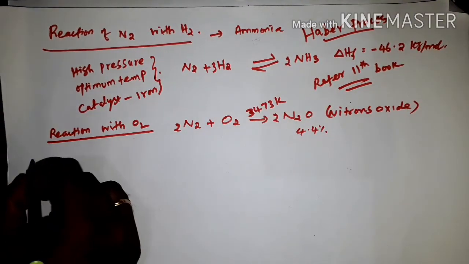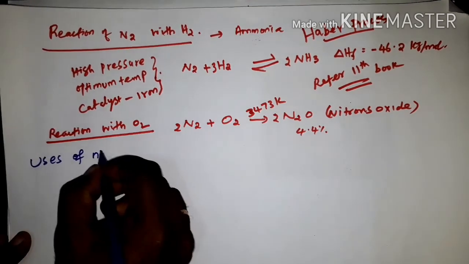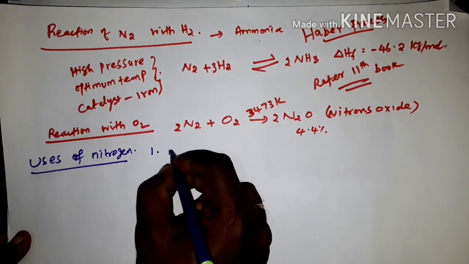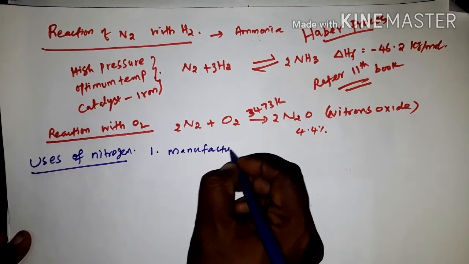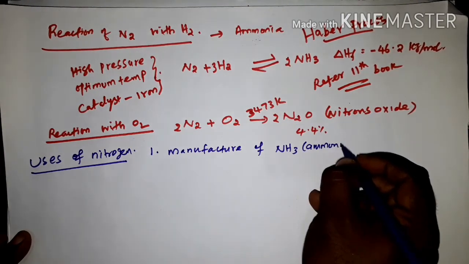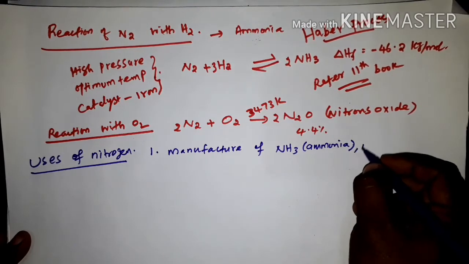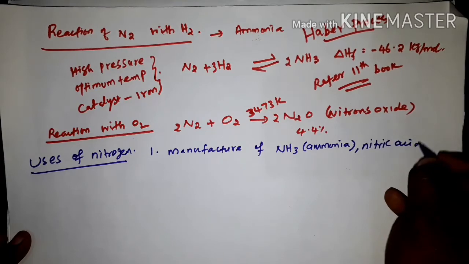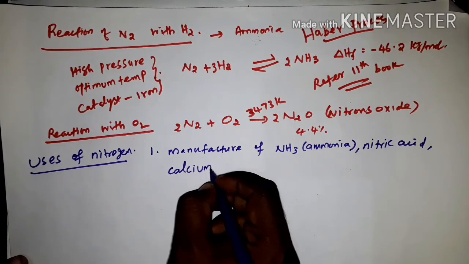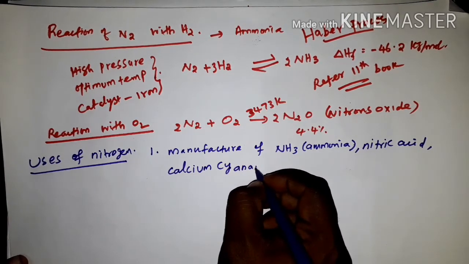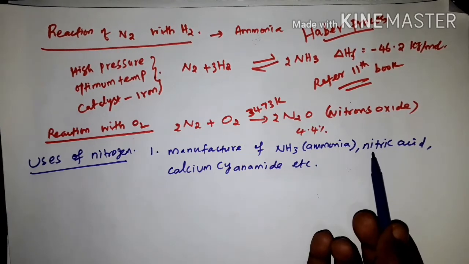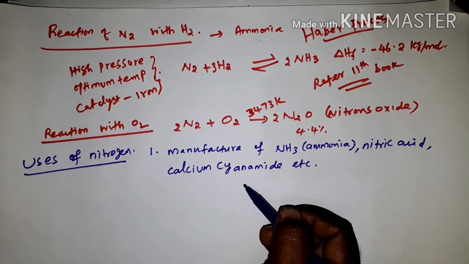Uses of nitrogen. The first use, it is used in the manufacture of ammonia, NH3, then nitric acid, then calcium cyanamide, etc. Nitrogen is used in the manufacture of ammonia, nitric acid and calcium cyanamide. Then the second use,